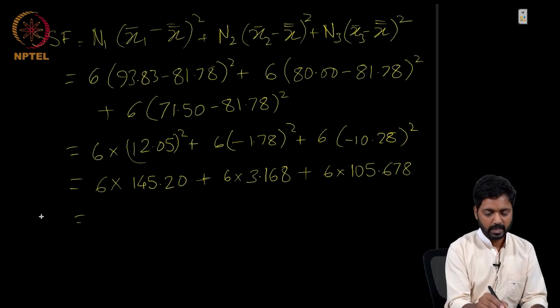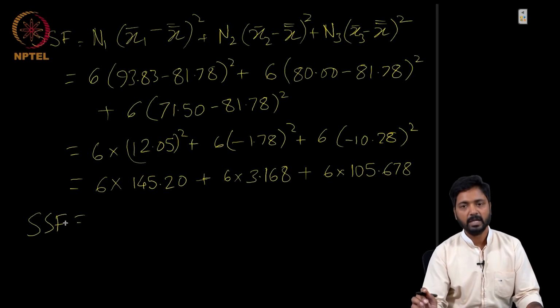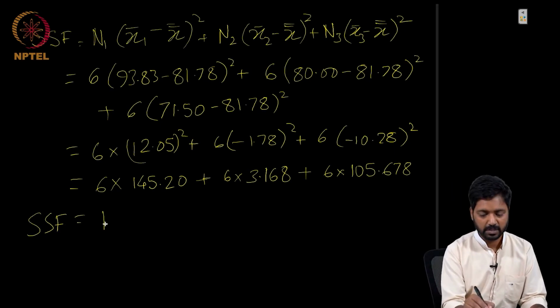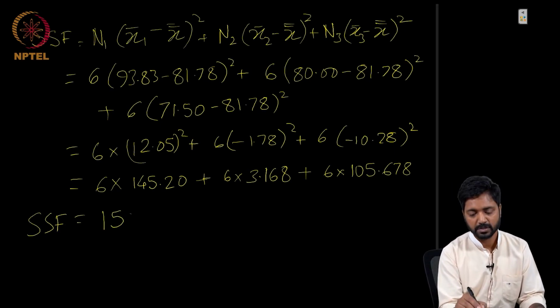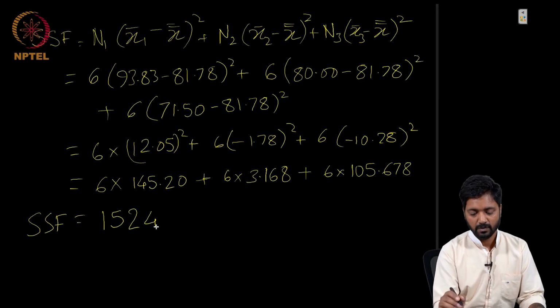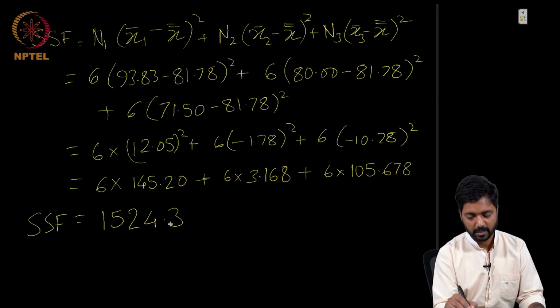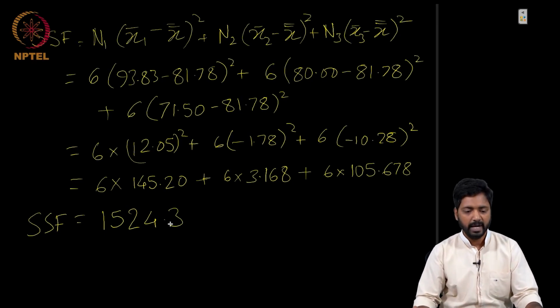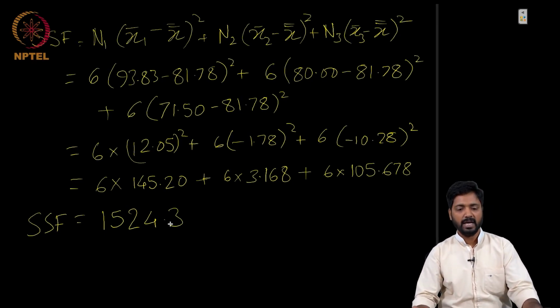I will leave the rest of the calculation to you. This finally gives us the sum of squares due to factors as 1524.3 rounded off, and next we will calculate the